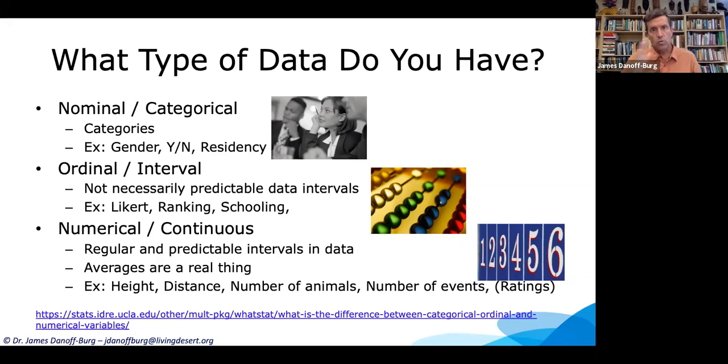There may be a logical way to rank them. Like, for example, Likert data: strongly disagree, disagree, neutral, agree, and strongly agree, right? So there's a logical ordering to it. But what I mean when I say strongly agree might be very different than what you mean by strongly agree, right? So similarly, my agree may have a greater difference between agree and strongly agree than my agree does with its neutral. So the intervals between each of those 5, which we as experimenters assume are the same, may not